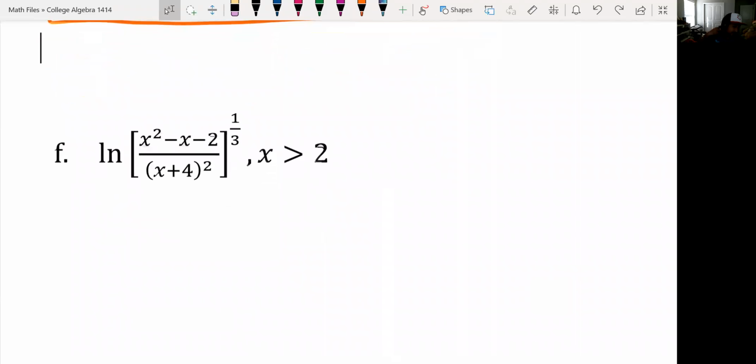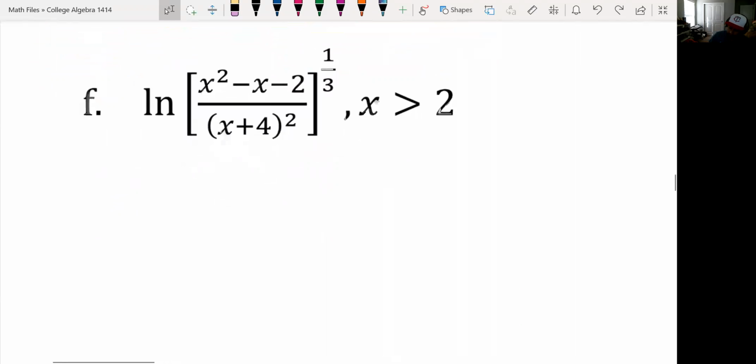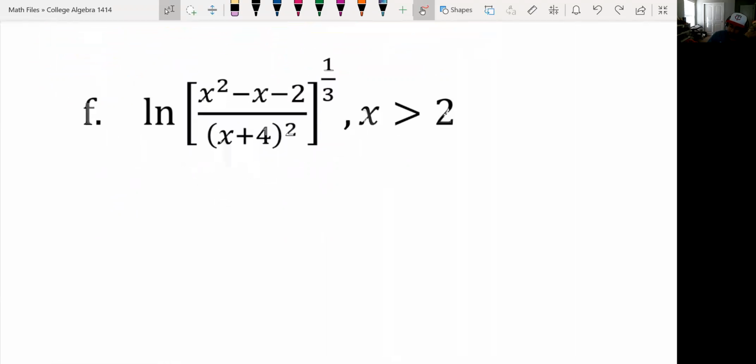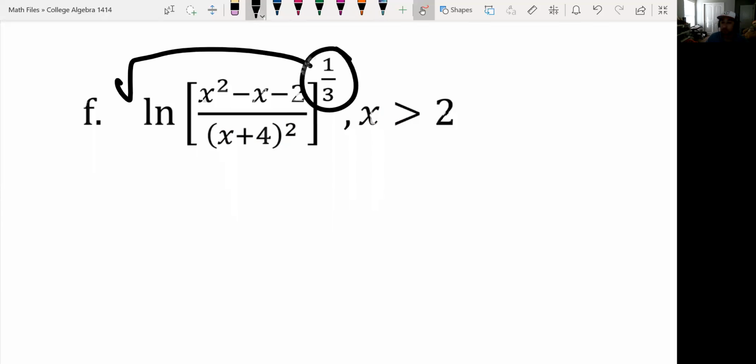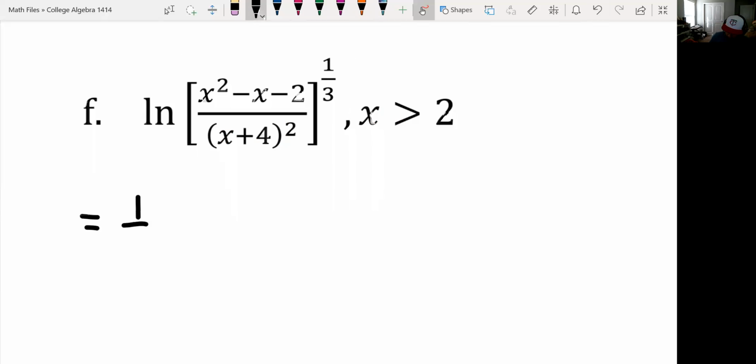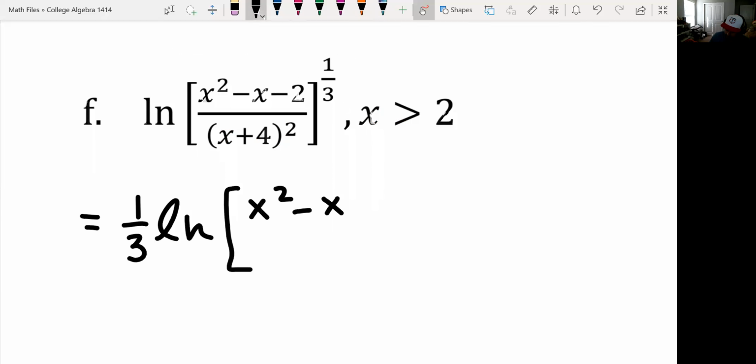Oh boy, look at that one. Okay. So to start with, we have the natural log of all of that raised to the 1/3. So the first thing we're going to apply is the power rule. So this 1/3 is coming to the front. So we're going to have 1/3 times the natural log of all this, x squared minus x minus 2 over